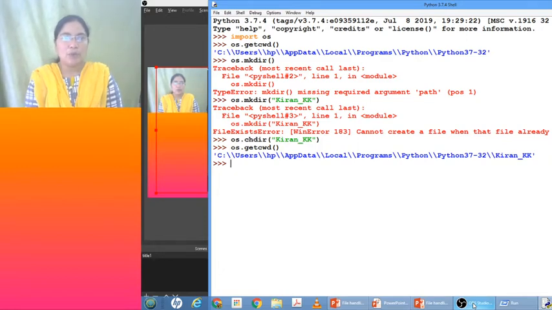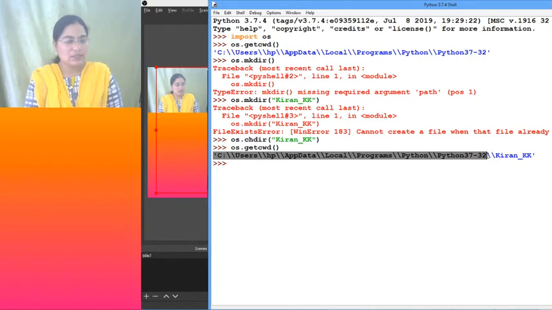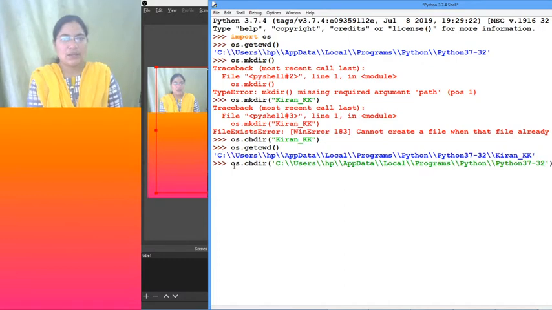Now how do we go back to our parent directory? Again we have to use chdir only, right? But we want to go to this directory, so you give the complete path of that directory in chdir. Now I'm giving the entire path. Now what is the current working directory? getcwd will give you the current working directory.